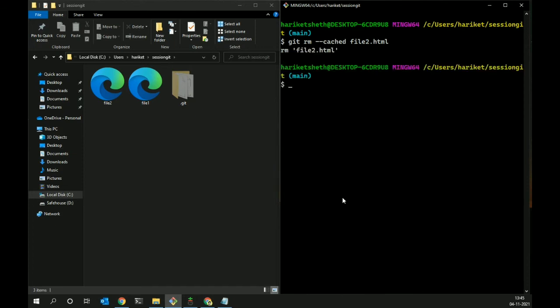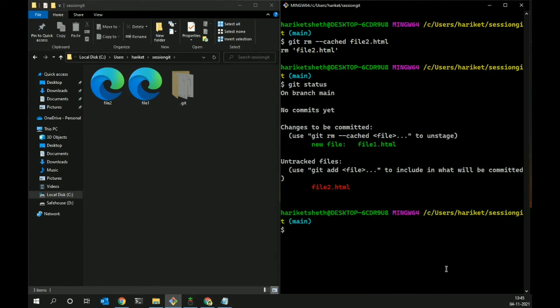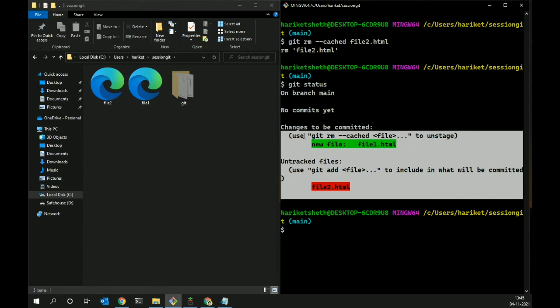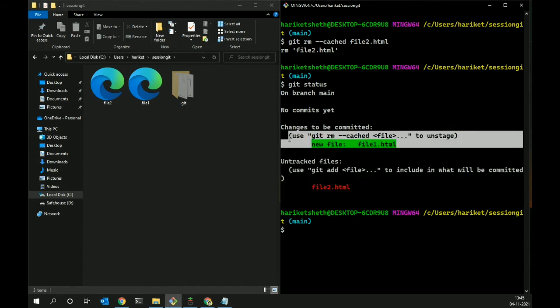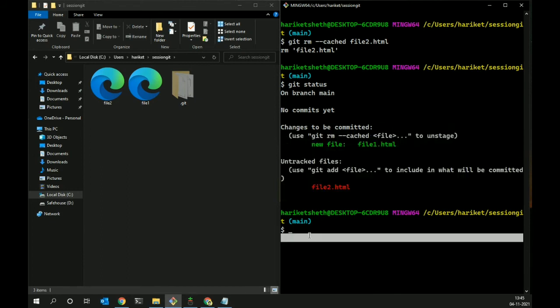So now you type that command, executed that. Now you can use git status to check. So file 2 again is in untracked and red color. Still file 1 is in staging area and in green color. Okay, so this is the difference between what is staging and untracked. And also you can bring back files from staging area to untracked versions. Okay, so you got that.